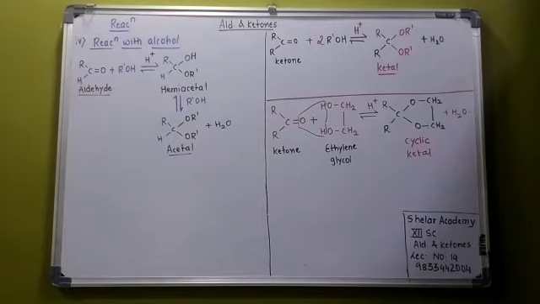A ketone when it reacts with the alcohol molecule, the same, what is formed? Directly I have written ketal. Where there is an aldehyde you will get acetal, where there is a ketone you will get ketal. So these are the reactions with an aldehyde or a ketone reacting with the alcohol. Two molecules of alcohol. The intermediate would be hemiacetal and the end product is acetal.